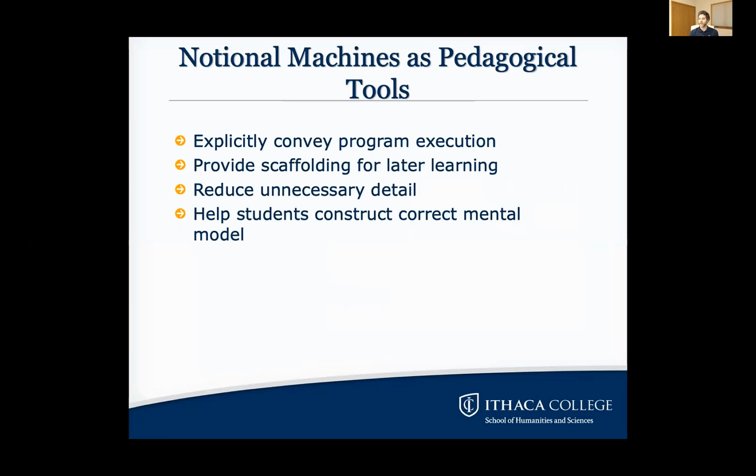So like I just said, you could use a visualization between multiple classes. You could look at your rules and point out how those rules are the same between multiple courses and multiple programming languages. So you're setting up the scaffolding as well. Unnecessary detail, if you're explicitly thinking about what the notional machine is doing, as opposed to just using something and calling it a notional machine, it helps you focus on what your students need. What can you not teach them because it's not important for what you're trying to get across in this course, in this module, whatever. And so by keeping it simpler, by reducing that cognitive load,